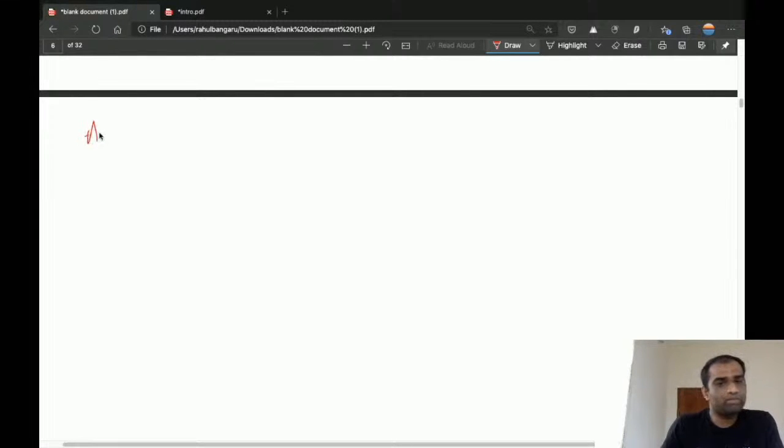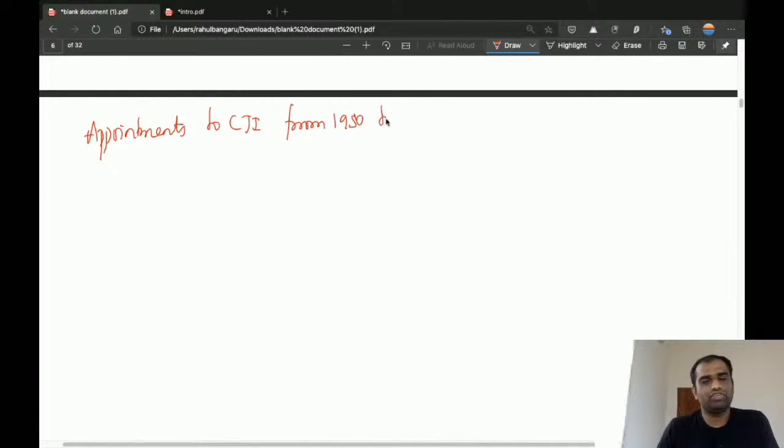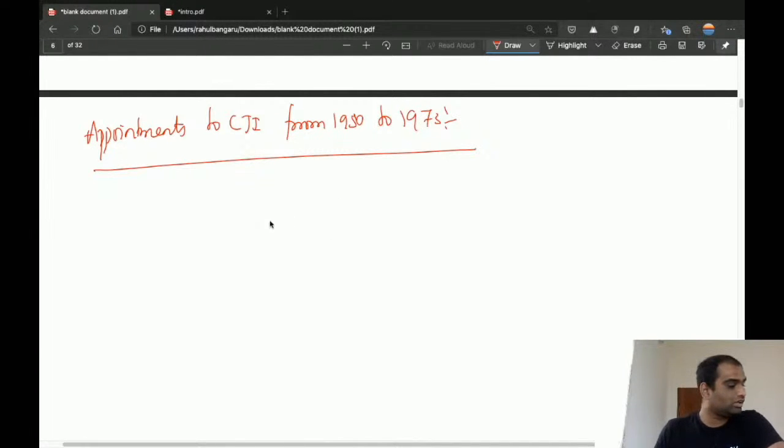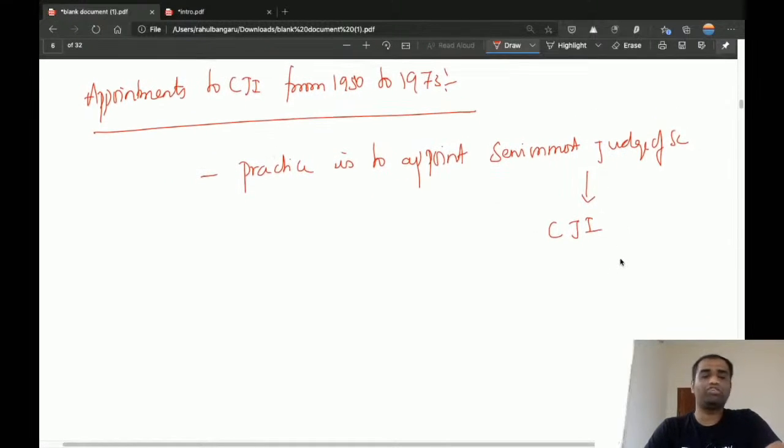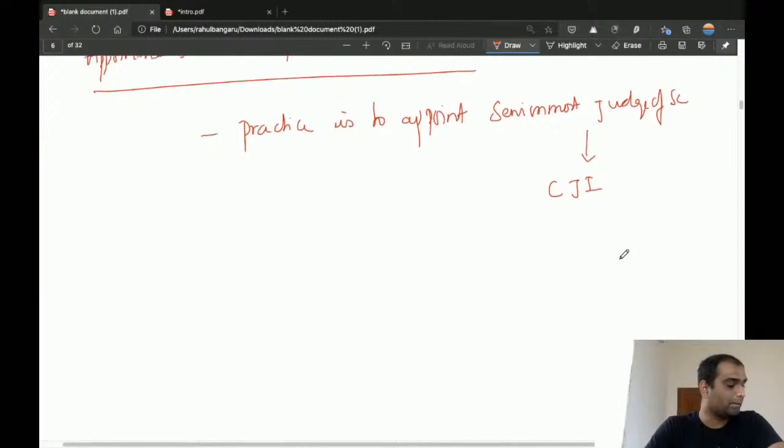So if you look at appointments to Chief Justice of India from 1950 to 1973, the practice was to appoint the senior most judge of Supreme Court as Chief Justice of India. The prevailing practice from 1950 to 1973 was to appoint the senior most judge of Supreme Court as Chief Justice of India. But